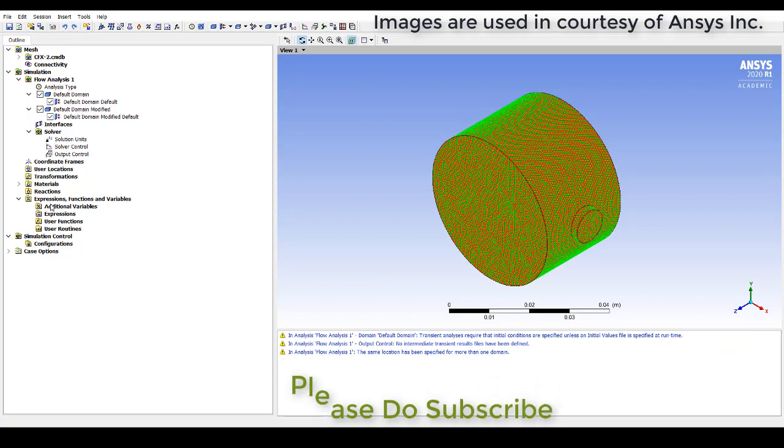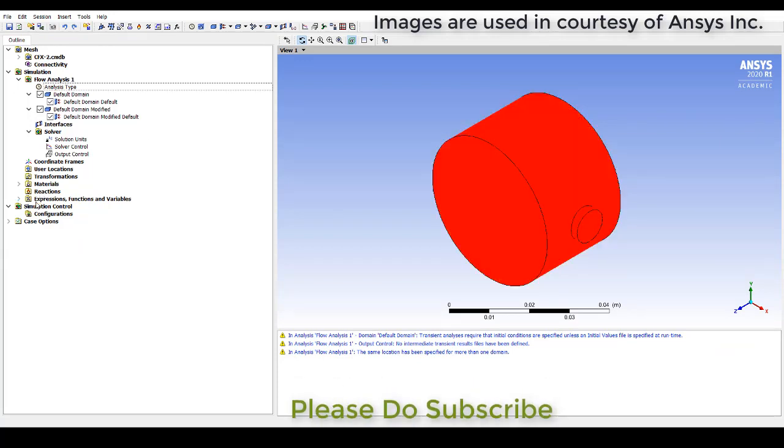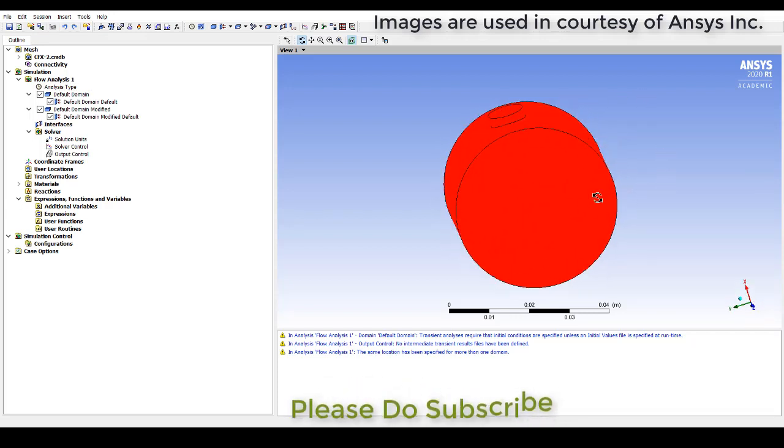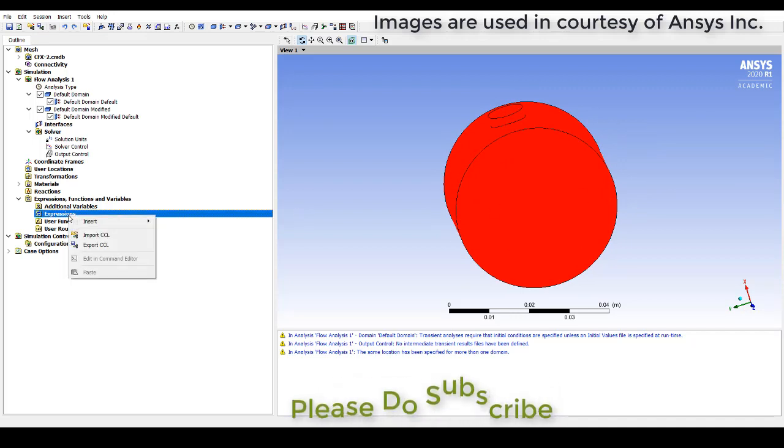You will have some errors, but before that we need to create an expression for domain initialization, where part of it is filled with water, part of it is with air. So I take it as 3 mm as my base, where the 3 mm is filled with water.